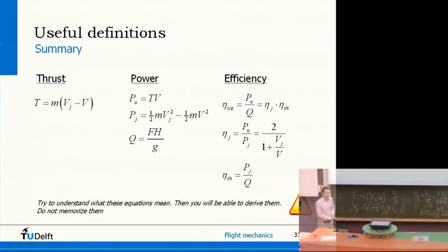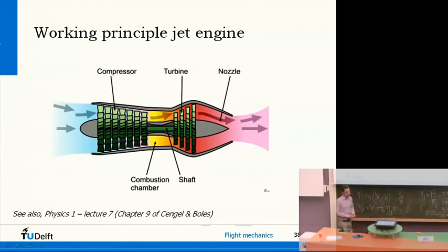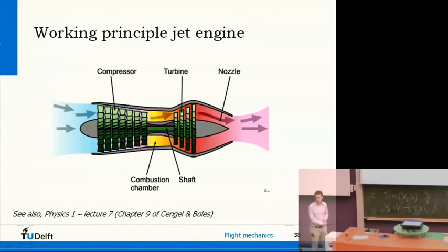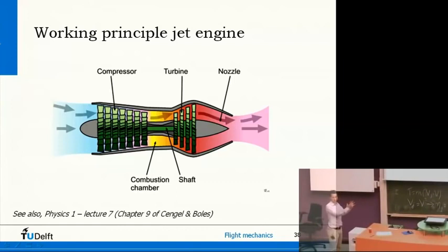What I talked about so far was propulsion systems in general, but let's now look at two different types of propulsion systems and how they actually behave. We have a jet engine, which is one case I'm going to treat, and a propeller engine is the other option. A jet engine more or less works like this. Air comes in at the left-hand side, and this air is actually standing still and the engine is moving. But in this picture the engine is of course still.